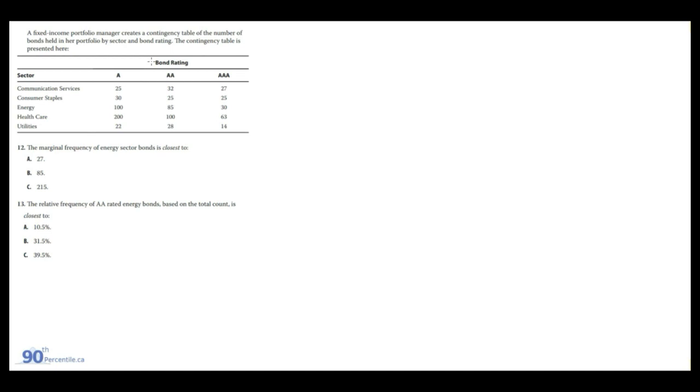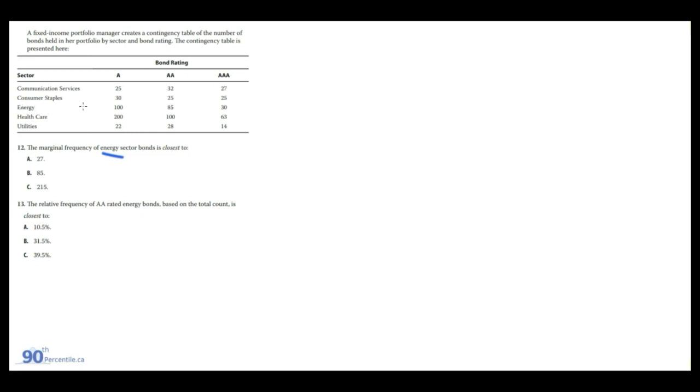12 and 13 are also combined here. So we have a fixed income portfolio manager creating a contingency table of the number of bonds held in a portfolio by sector and bond rating. The contingency table is presented here. So we have sectors down here and we have their bond rating across the columns. The marginal frequency of energy sector bonds is closest to. So the marginal frequency is the sum of the row